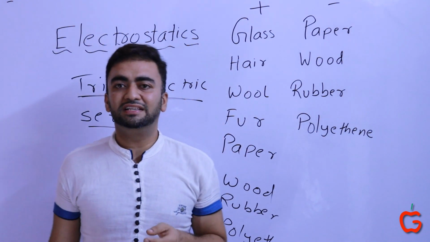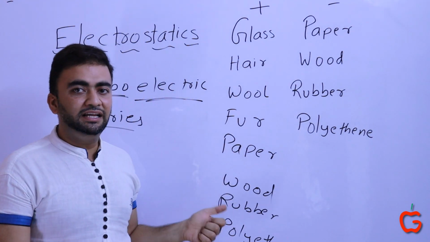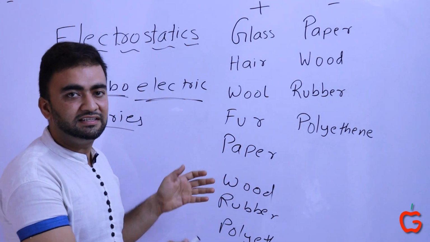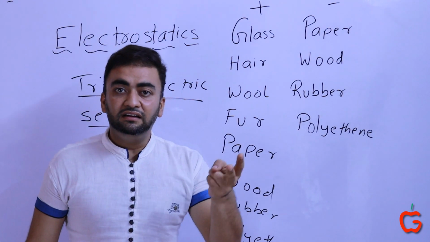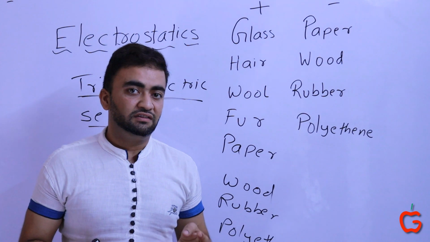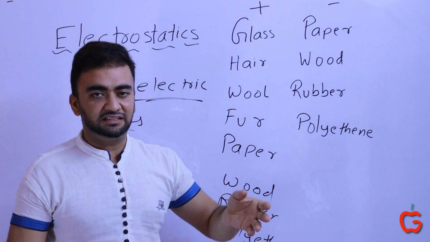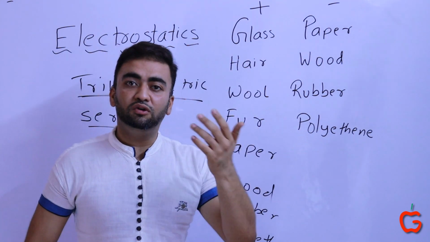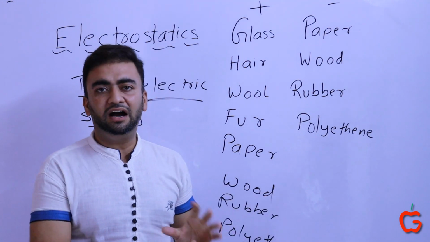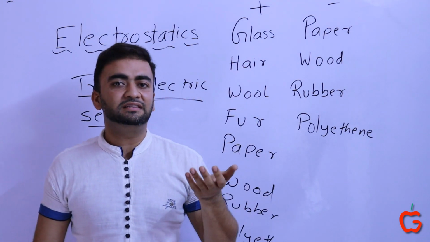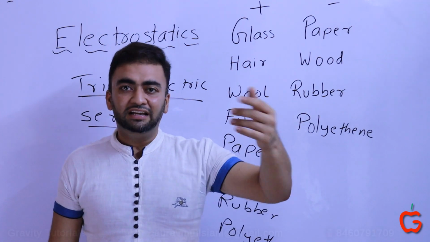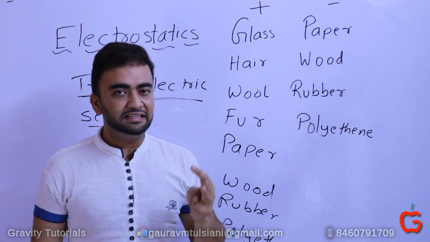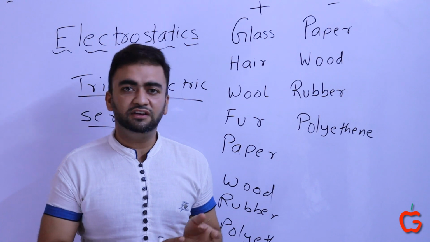So today we are going to discuss three things. One, interpreting the triboelectric series. What does it mean? How do charges get exchanged within the elements in this series? Second, further getting accustomed with charges, we are going to study more about the properties of charges. Charge is a property of matter, like it was discussed in the last lecture. We are going to see more properties of this very property of matter. Like intellect is a property of wise men, how intellect is, what intellect would do to things, so today we are going to study that about charges. Third, how to measure charges. What are the methods of measuring these charges? We are going to see these three things.